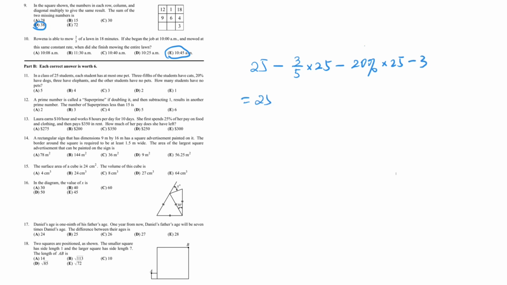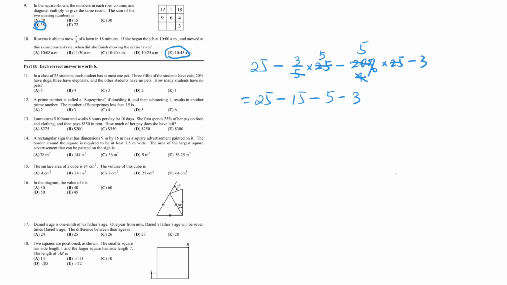That's the 25 minus 5, cancel 5. 25 is 5 times 5, cancel 5. Leaves us 3 times 5, that's the 15. Minus 20%, 100 cancel 25, that's the 4. 4 cancel 20, that's the 5. So minus 5